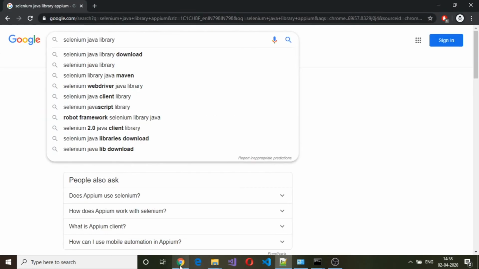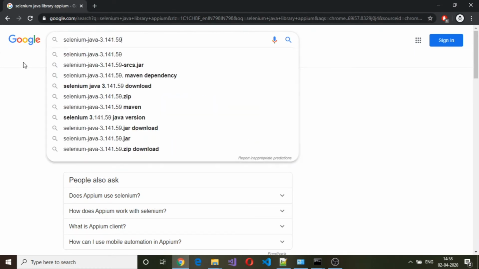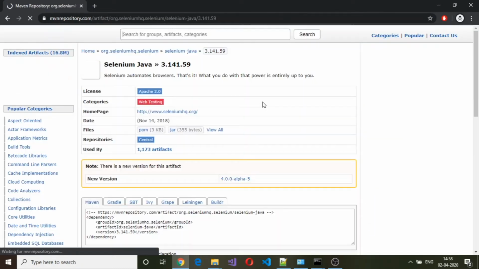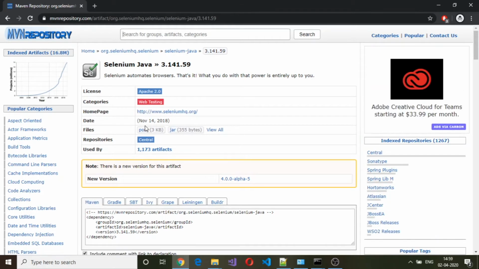So again, copy this and search for Selenium Java library. Okay, so if you go to org.seleniumhq.selenium, from there you can download the jar file. To download the jar file, under file section you have pom and jar. So you need to select jar and download it.